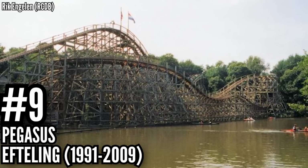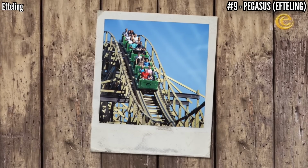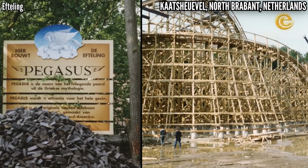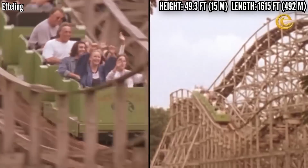Number 9. Pegasus at Efteling. In 1991, Efteling opened this small-scale Intamin wooden coaster, standing just 49 feet tall and covering 1,600 feet of track. Not exactly a kid's coaster, but definitely a mild thrill ride. It had an 18-year lifespan, being torn down in 2009, being replaced by a new modern dueling woody, the GCI